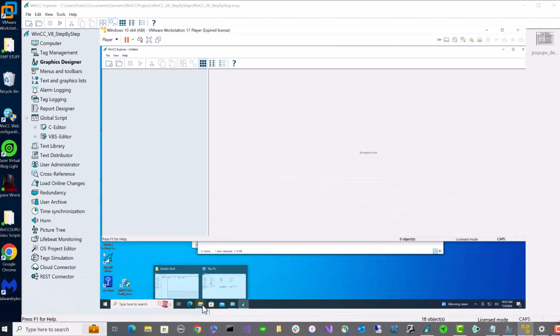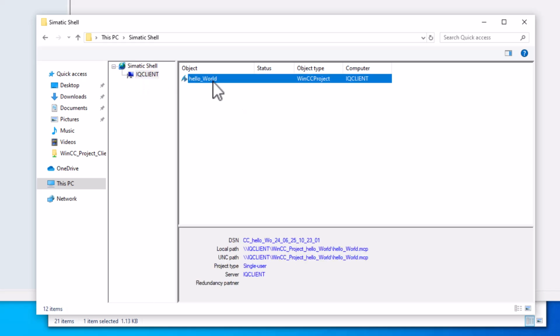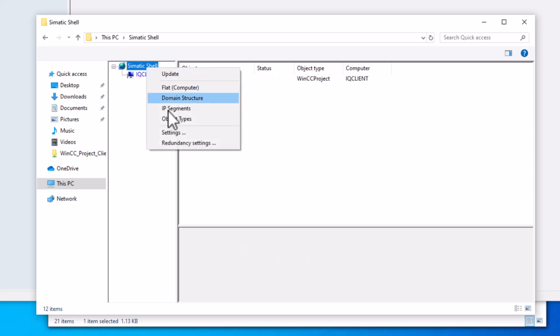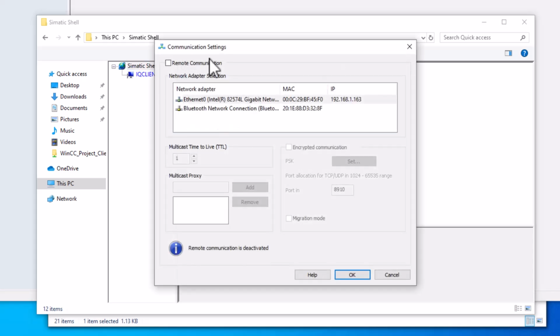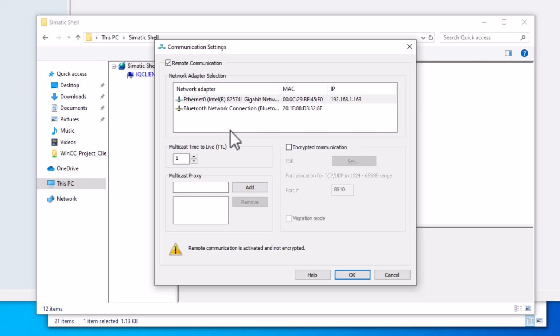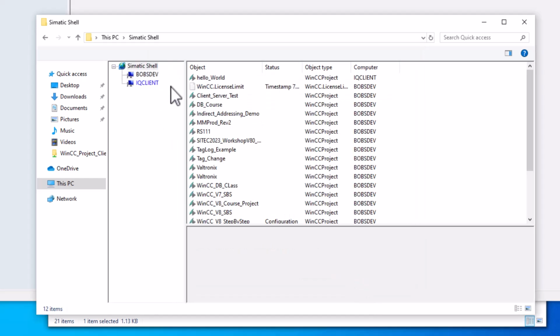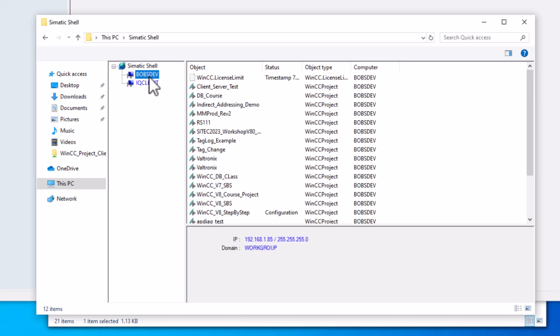So the next thing that I want to do is I'm going to open up SIMATIC SHELL. I can see that IQ Client's there. I've only got one project here called Hello World. So I am going to right-click on SIMATIC SHELL, go to Settings. This is not set up for remote communication, so I'm going to check this. I won't use a PSK. We decided we're going to use unencrypted. And so if I say OK there, now, since I have enabled this, notice that I see Bob's Dev, which